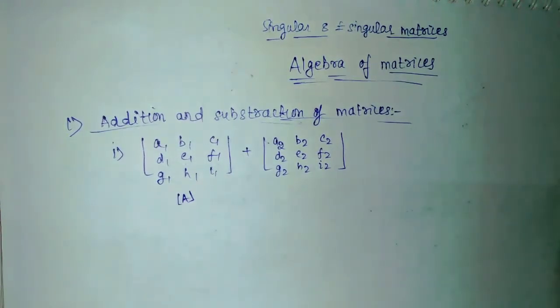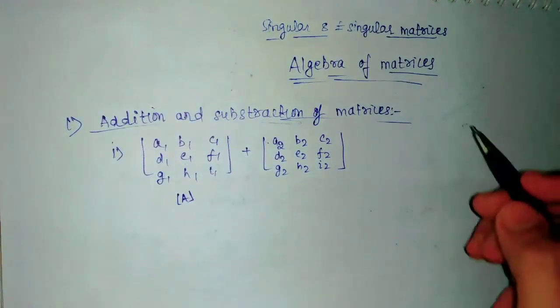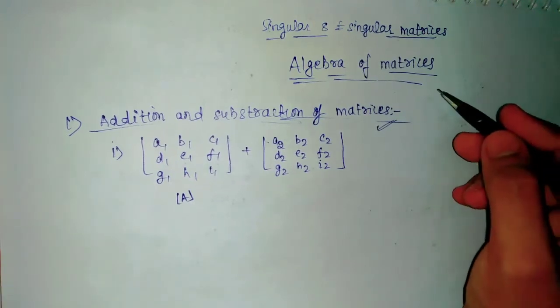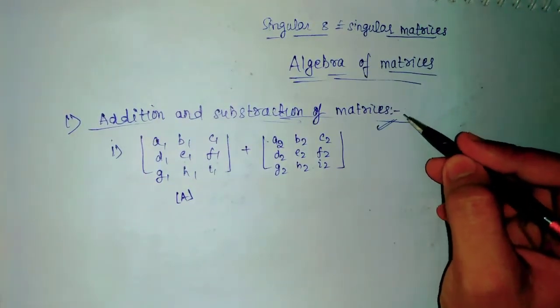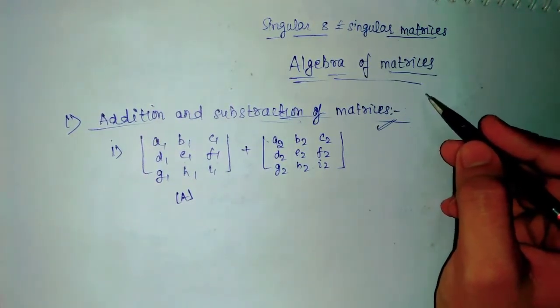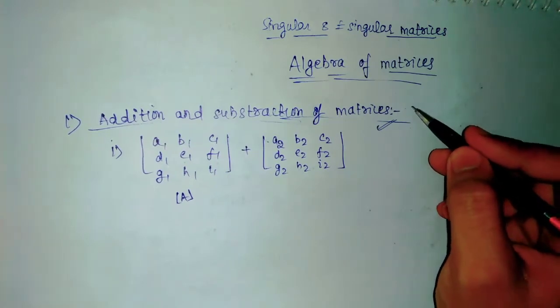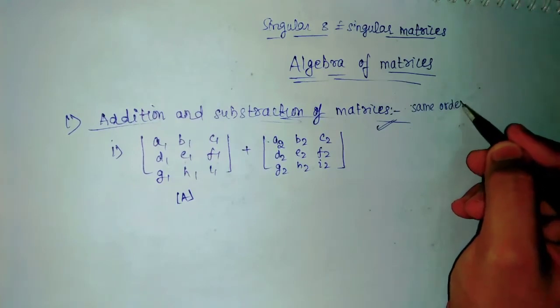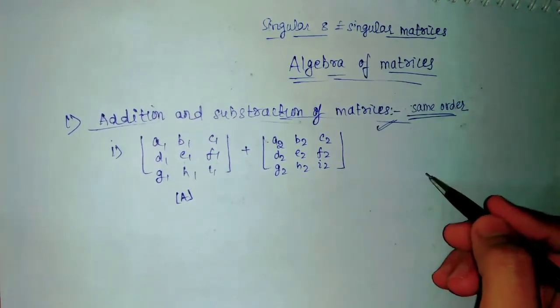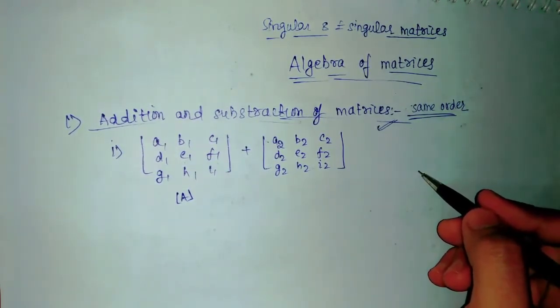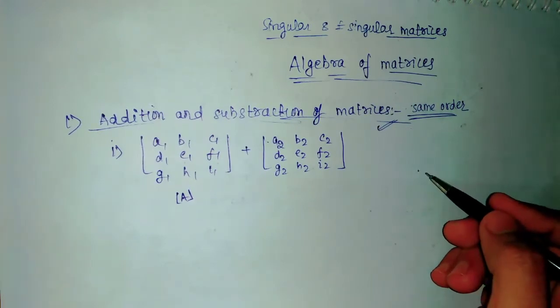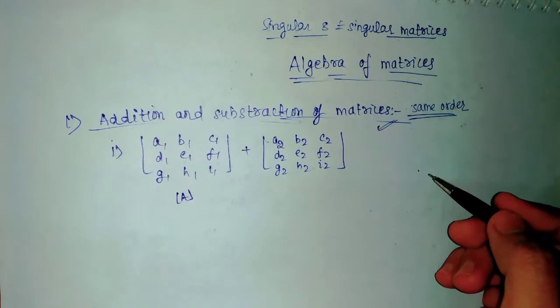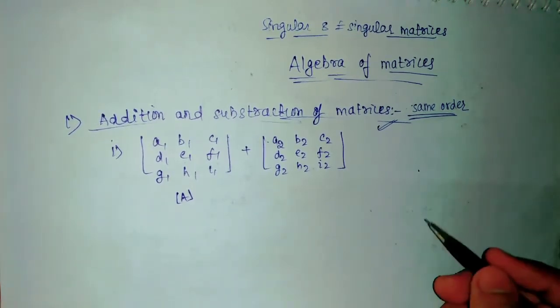One thing that you need to remember while adding or subtracting matrices is that, as there are many matrices, each should be of the same order. It is a point worth noting that each and every matrix should be of the same order. If they are not of the same order, then we can't simply add or subtract them.